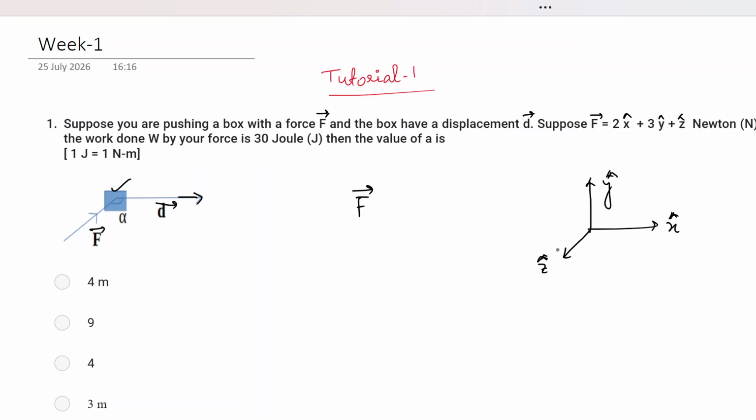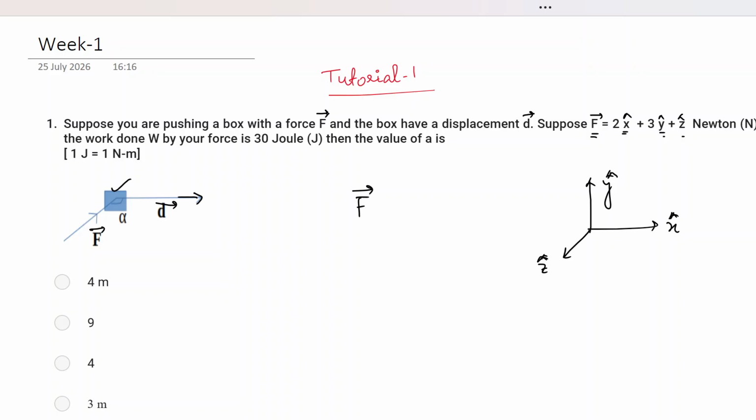I'm just mentioning it, these are trivial things, but I am mentioning it just once at the beginning, and I will not repeat it after that. These are all unit vectors. This is not some variable x. I just want to mention it so that you do not ever confuse these notations. These are unit vectors, and F is the overall vector of force.